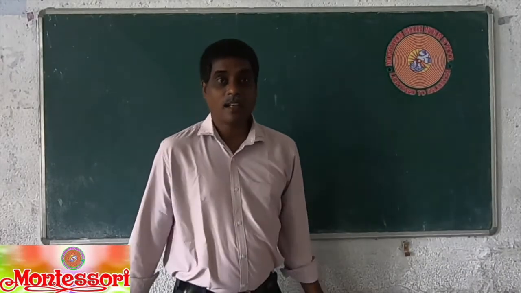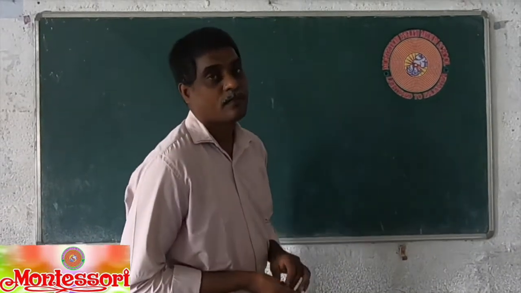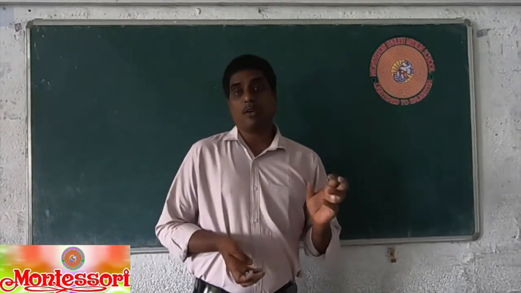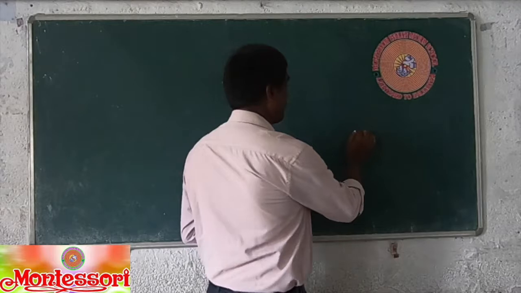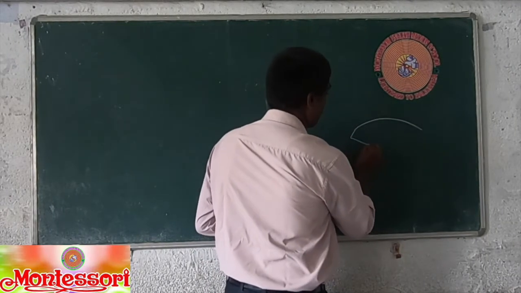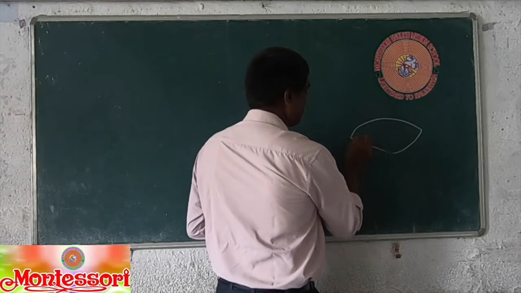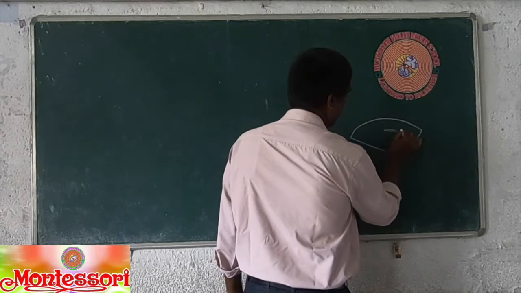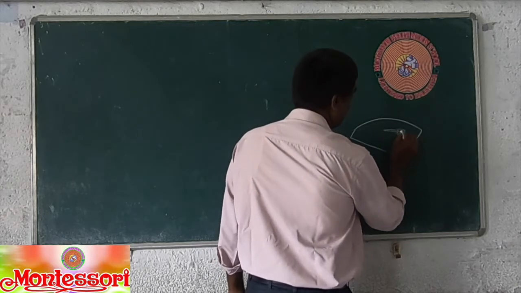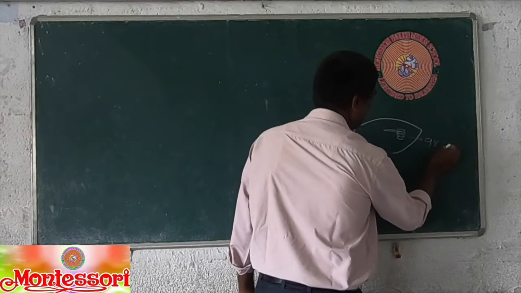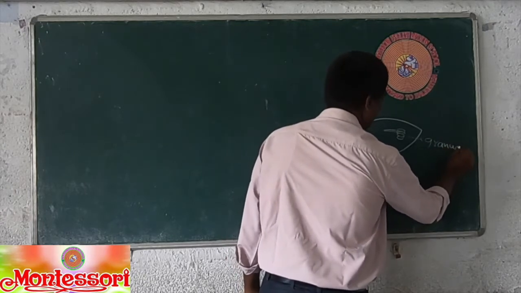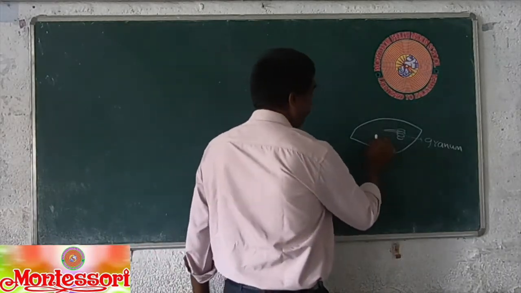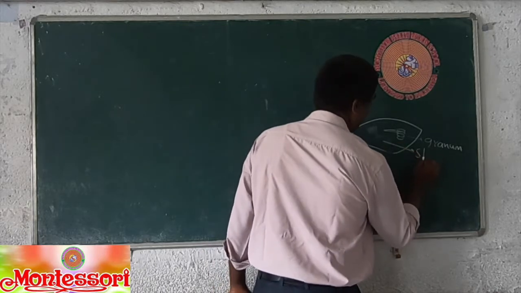Welcome to 10th class biology 11th video. In the previous class we learned about the structure of the chloroplast. When we observe the structure of the chloroplast, it contains three membranes. Of those three membranes, the third one is a stalk-like structure, nothing but granum, whereas the fluid-filled structure is known as the stroma.